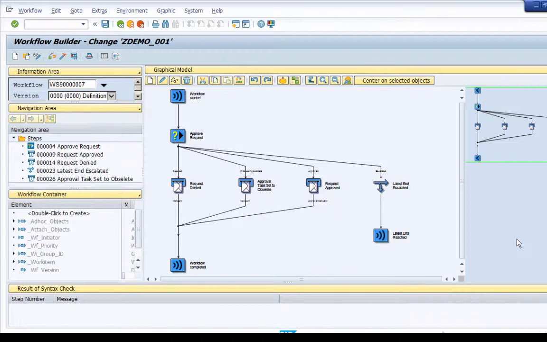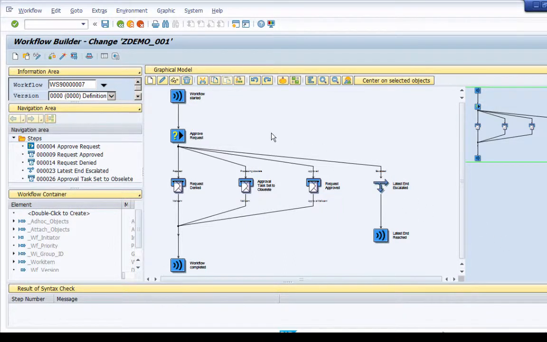In my previous video I had demonstrated how to set a deadline for your workflow task using latest start as an example. In this video I am going to continue that example and test the workflow to see how deadlines actually work in real time. Again, a quick reminder that this video is the third part of the blog on deadline monitoring that I have written at beginners-sap.com. So you can check out the first two parts to get an explanation of this concept and to see how I have set this workflow up.